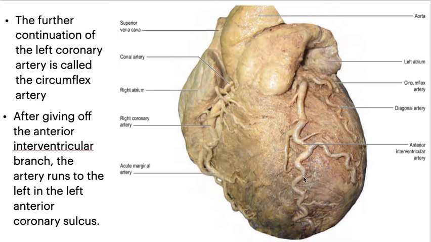Further continuation of the left coronary artery is called the circumflex artery. You can see over here, circumflex artery. After giving off the anterior interventricular branch, the artery runs to the left